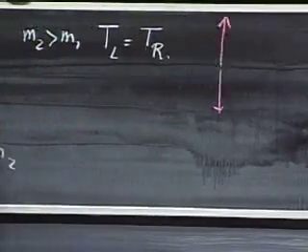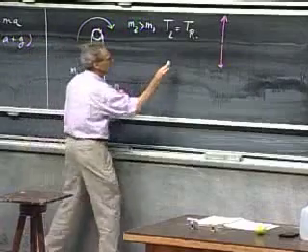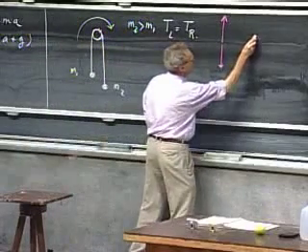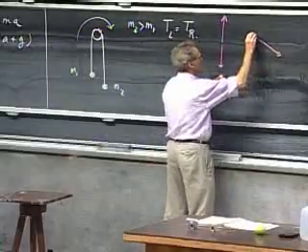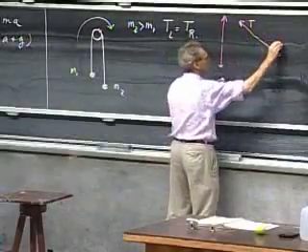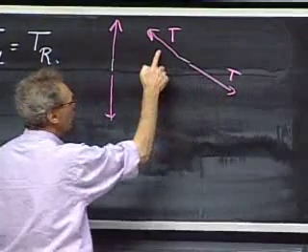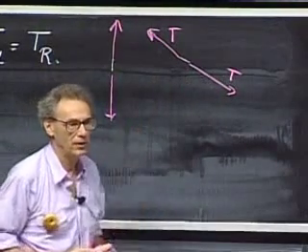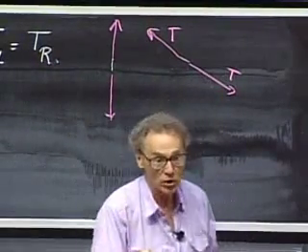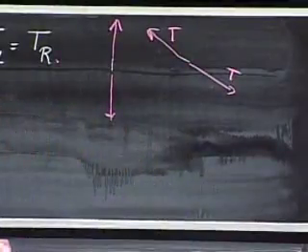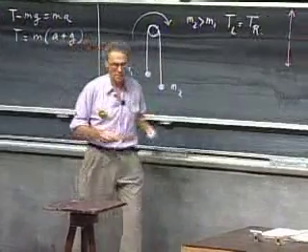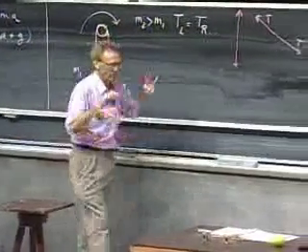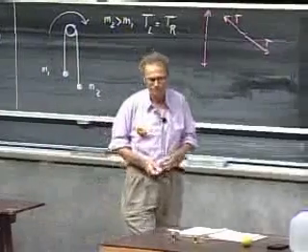If you take a little section of the string here, a teeny weeny little section, there is tension on the string, and there is tension on the string. This one could never be larger than that, because this little piece of string would get an infinite acceleration. So because there is no friction on the pin, and because the strings are massless, only because of that must the tension be everywhere the same. If there is friction in the pin, which we will do later, then it's not the case.